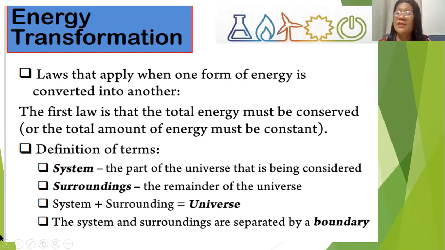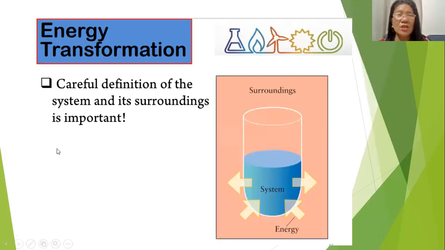So these are the terms that are being used in the conservation of energy, in the study of energy. So in the transformation, you should be careful in defining which is the system and the surroundings. System can, for instance, be hot water. This is a glass, then you place in hot water. Kana nga na sulod is the system. Kana sulod sa glass is the system. Ang gawas sa glass is the surroundings.